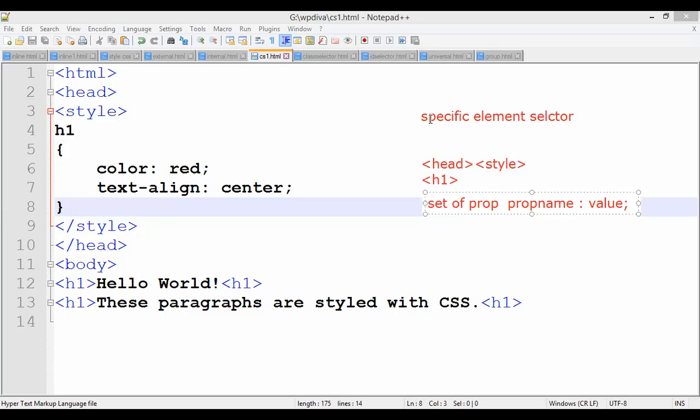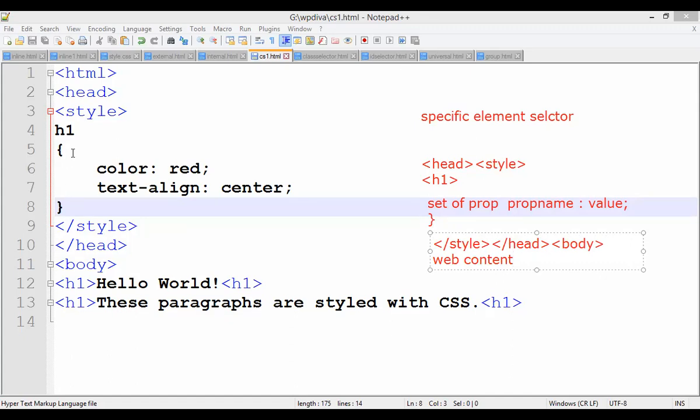Then after that, you have to close the flower bracket which was opened at the H1 here. After closing, again you are going to close your style tag. First you will close style, then you will close head, and then you will open the body tag. Inside the body tag, you start writing your web content. Am I right? So write the web contents there, and then those properties will get applied.